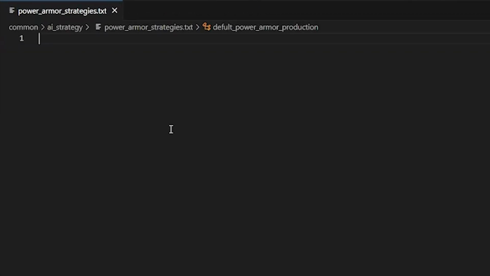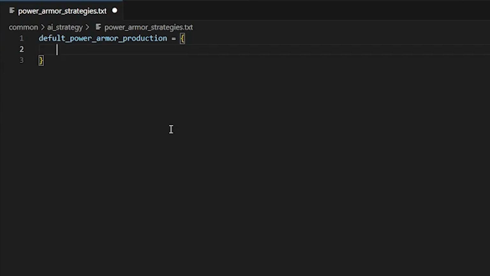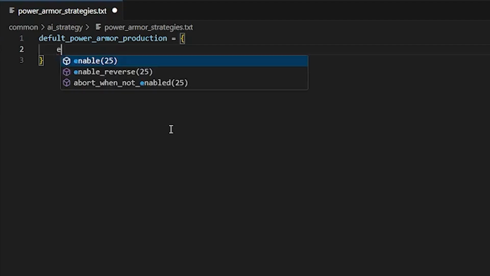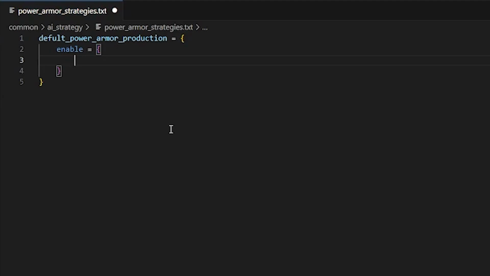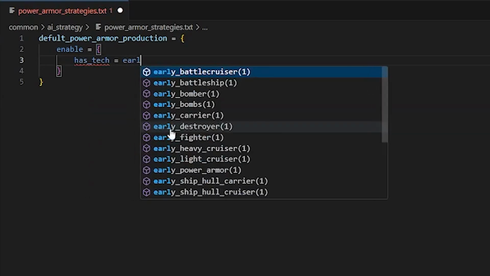Open that file. Create a block for our strategy. The name can be whatever we want it to be, but it must be unique. Multiple AI strategies can be added within this block. Like AI strategy plans, we can make use of an enable and abort block. Let's create an enable block and set it to be enabled if a nation has researched the early power armor